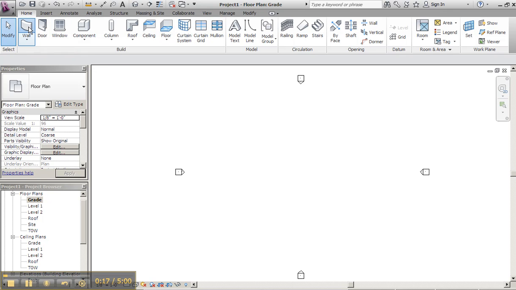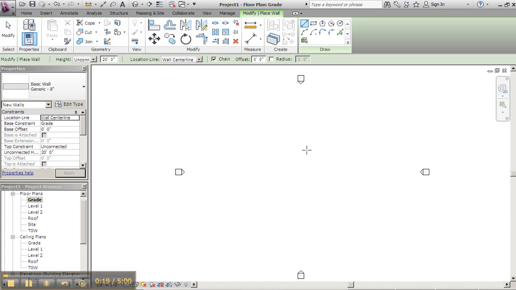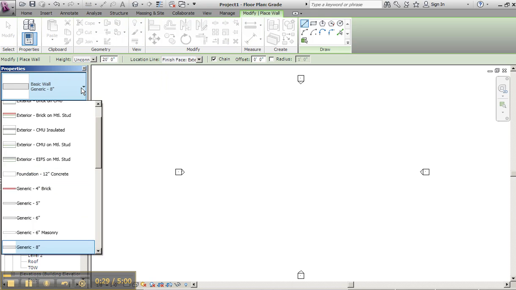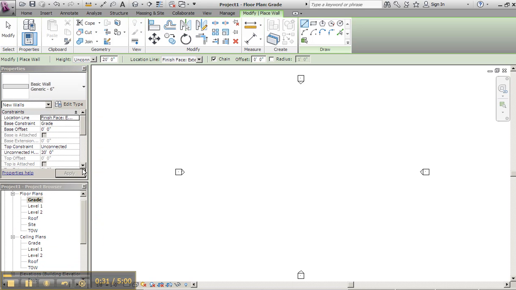We're going to start with wall. And we know our building's 28 by 28. We're going to draw with the finish face exterior. We're going to select for our wall type generic 6-inch. But I'm going to go ahead and create a new wall type from that generic 6-inch, just so I have